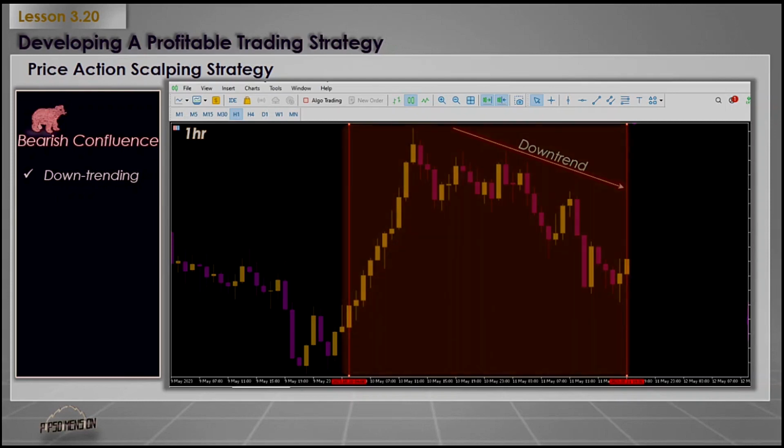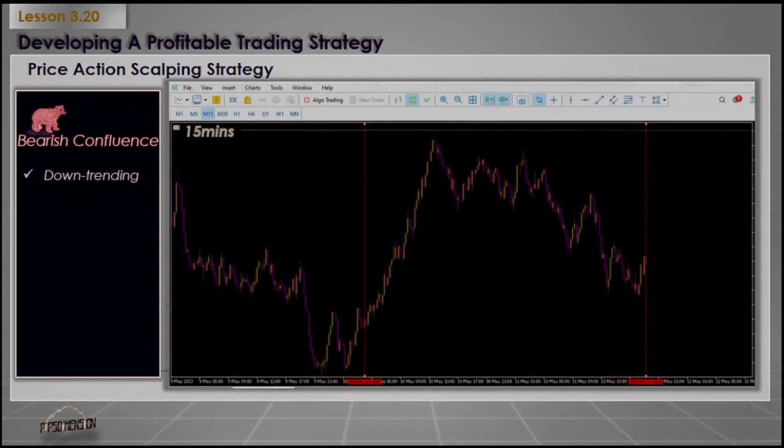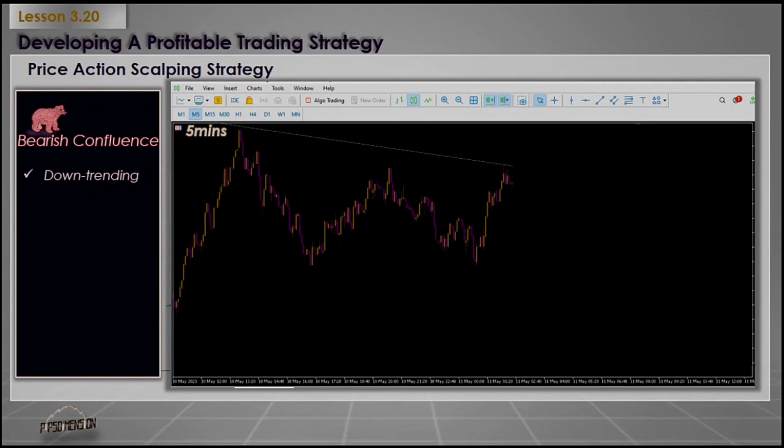Next, we will use the trend line tools to highlight the major support and resistance levels on the 1 hour chart. Next, we will move to the 15 minutes time frame to highlight the minor support and resistance levels. And finally, we'll move to the 5 minutes time frame and look out for other technical factors to make a bearish confluence. On the 5 minutes time frame, we'll wait for the prices to retrace back to a major resistance level,